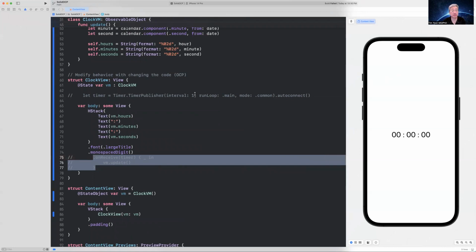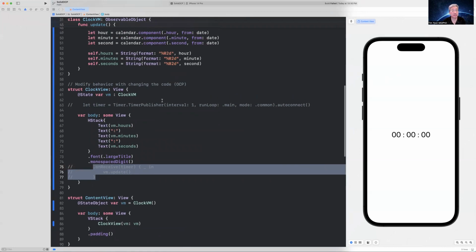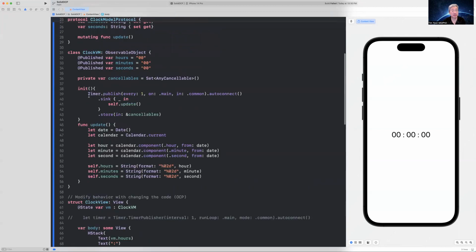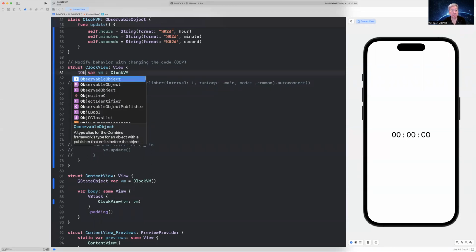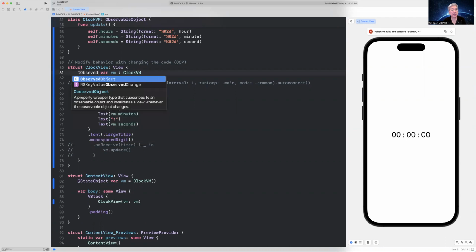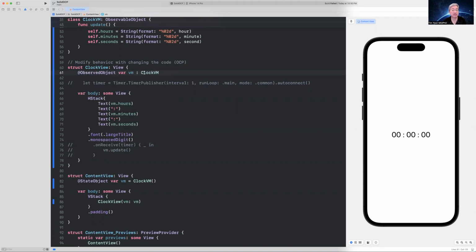And it should still work. So let's see now. What's happening here is we created a timer inside of here, and it needs to update. So then we'll have to call this an observed object and clock VM. And what you'll see is that now when you make this an observed object, the time